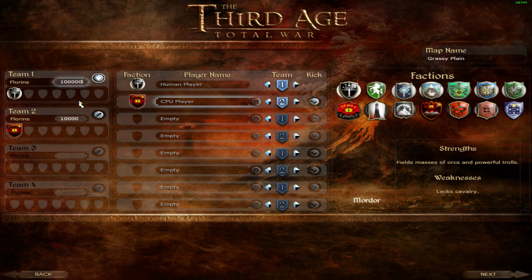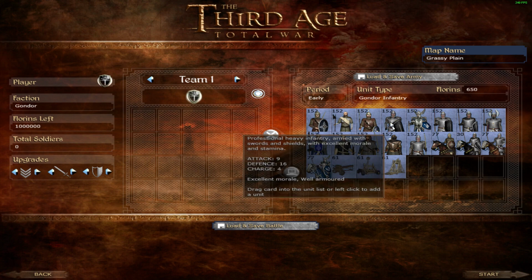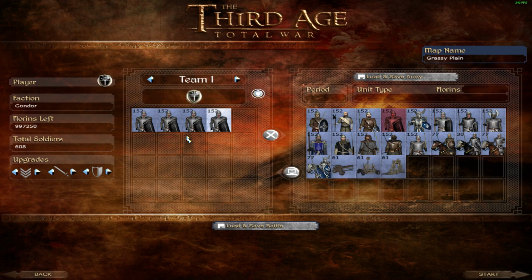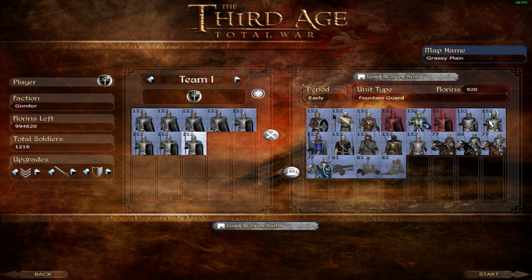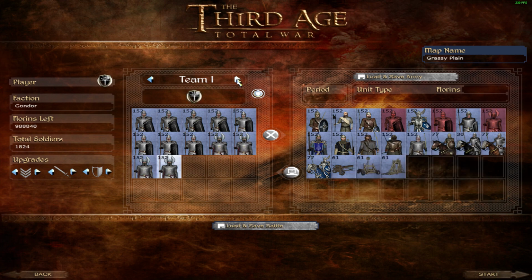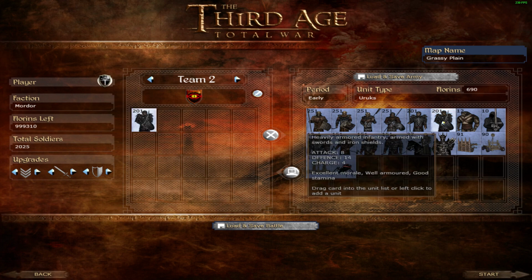And I'm going to give myself loads of money. And I'm going to bring Gondor infantry, 1, 2, 3, 4. And spearmen, 1, 2, 3, 4. And fountain guard, 1, 2, 3, 4. So I'm going to alternate them. And then for the other side,